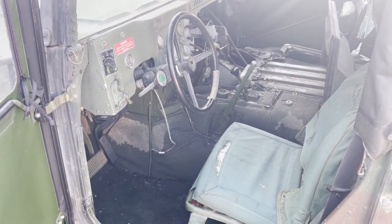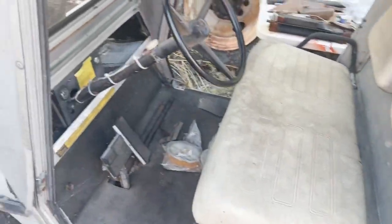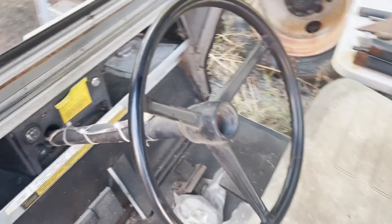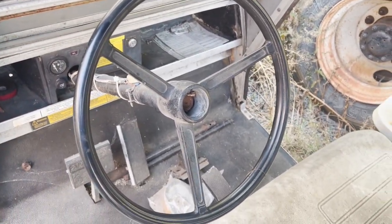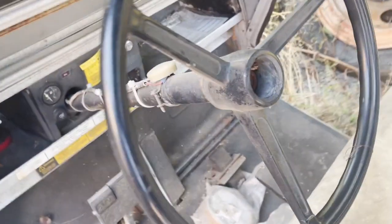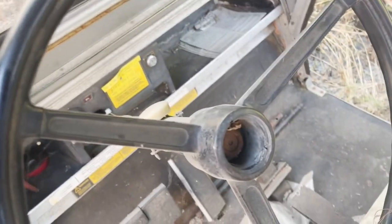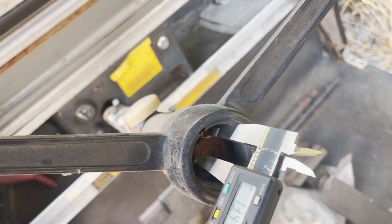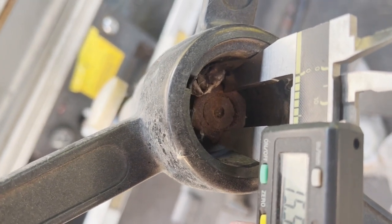I'll show you what will come up on the same pattern. So here we have my little Club Car here, and as you see, the steering wheel is exactly the same as a Humvee. Literally, it is the same thing. Isn't that funny? They put a go-kart, golf cart, whatever you want to call these steering wheels in this. Now, if we measure this here, we got to remember we got threads, so we got to come out a little bit here, this far. Not as far, but